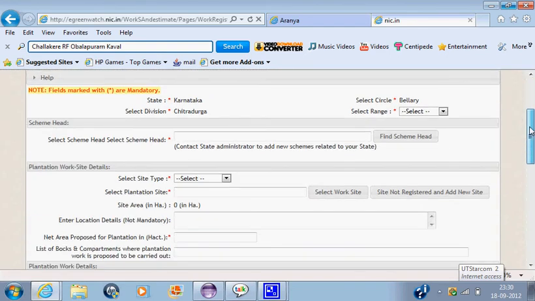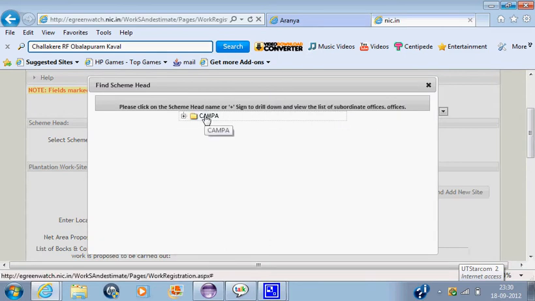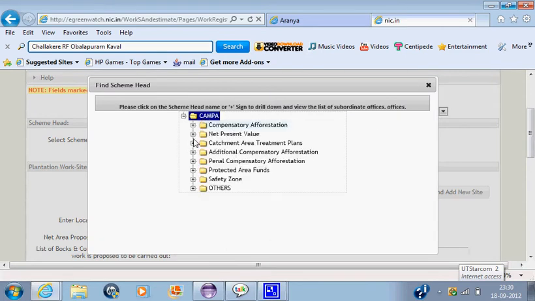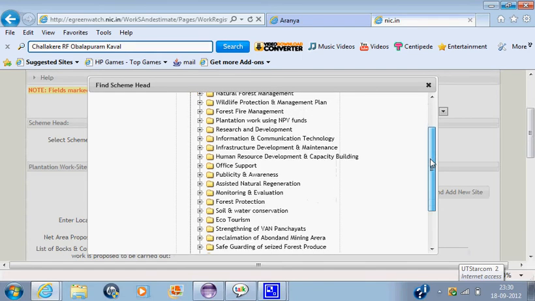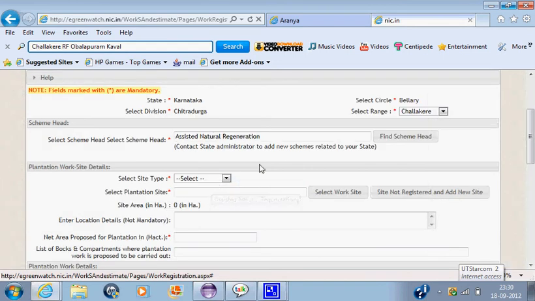To register this work, select range and select the scheme head. The main scheme head is CAMPA and the subcomponents are being displayed here. This is an ANR model, so I am selecting assisted natural regeneration as the scheme head.